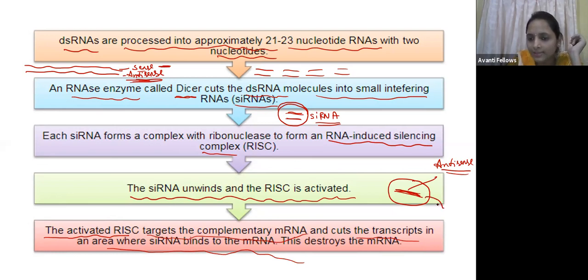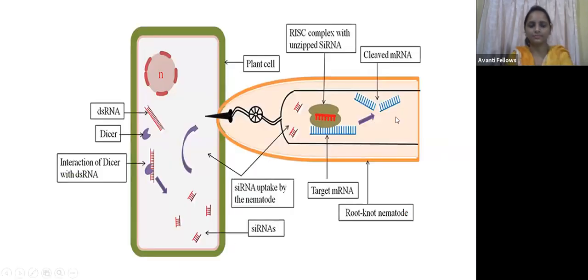So now guys, this antisense RNA is going to bind to the sense RNA. Where does the sense mRNA come from? It comes from the nematode. It is present in the nematode. In the nematode, this antisense RNA is going to bind to this sense mRNA, and now this RISC complex is going to degrade this sense mRNA from the nematode. Thereby degrading the important mRNA in the nematode, it is causing the death of that nematode.